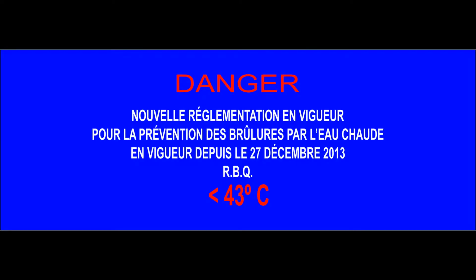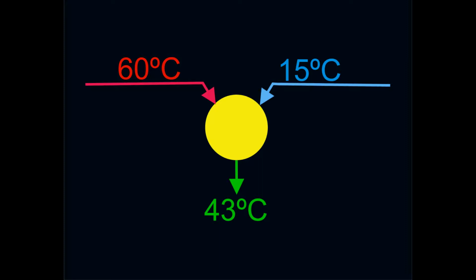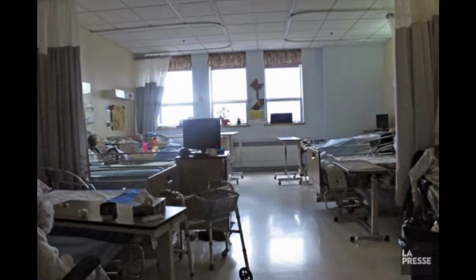According to the Quebec Building Regulations, RBQ, it is compulsory to limit maximum water temperature to 43 degrees Celsius at the bath faucets and shower head outputs, using a mixture of cold and hot water, to prevent residents from getting scalded or burned by excessively hot water in private senior citizens' residences, hospitals, rehabilitation centers, long-term care centers, and other healthcare